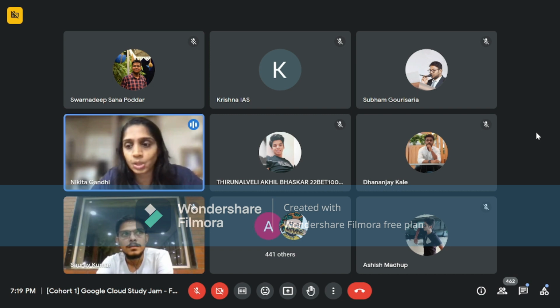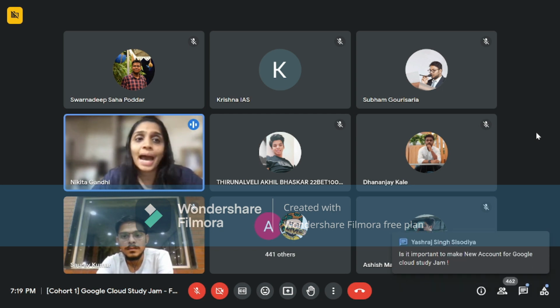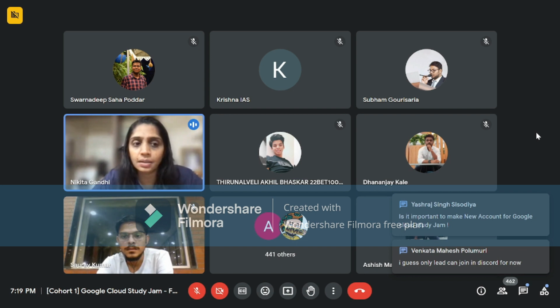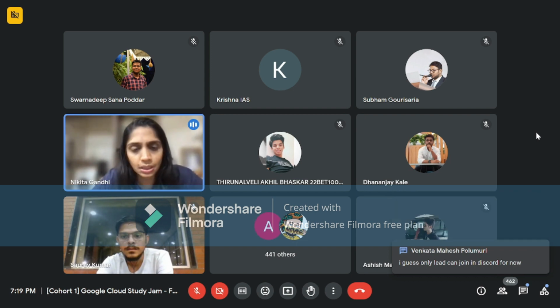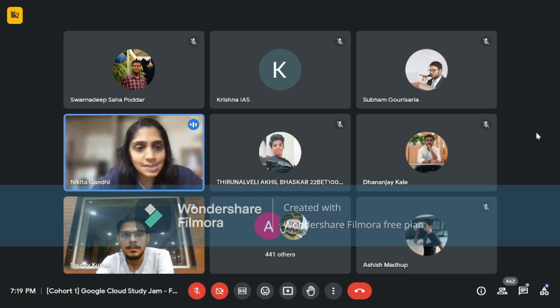Ultimately, as students sign up for this campaign, we also want to make sure that they complete the course. Without that, the course is going to go for toss or waste, which could be an opportunity for someone else who could have made the most out of this campaign. So, as you gather registrations from the participants, please make sure that they are really efficient enough and they're really motivated enough to complete the course. Otherwise, you are going to waste that particular access code that is provided to them.